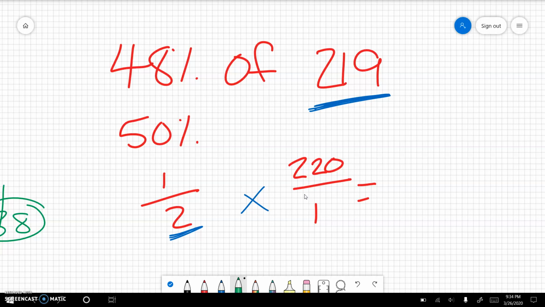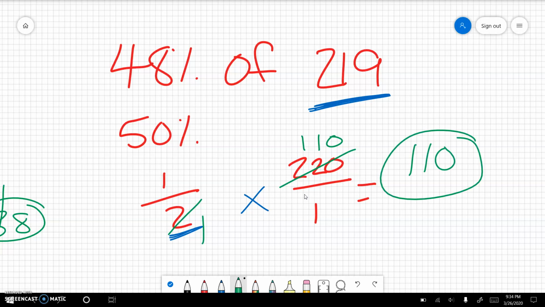Okay, my next step on this problem is to simplify. So 2 goes into 2 1 time, 2 goes into 220 110 times. And so I'm left with 1 over 1 times 110 over 1. And 1 times 110 is 110 over 1. That is my answer. Let's see, another